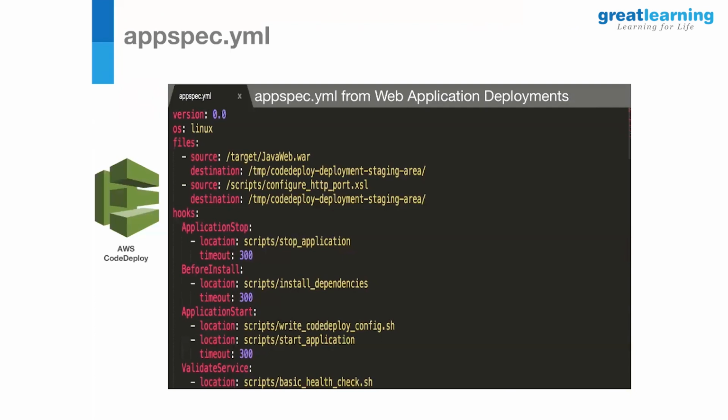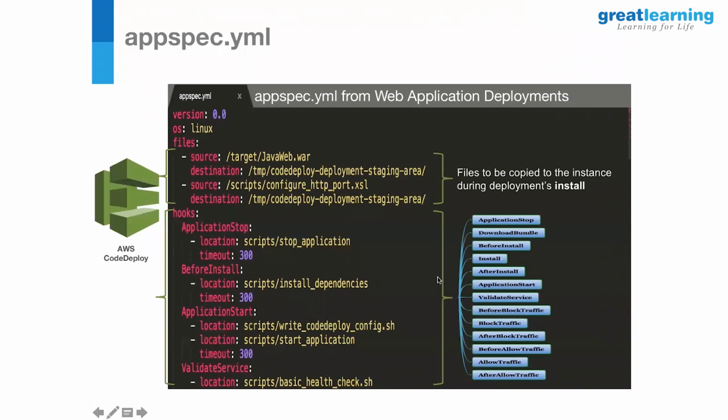Since this file is more to do with application level instructions and actions to be done, information like OS, file source, and destination for each of the artifacts deployed will be mentioned in this file. Now you see the EC2 instances which I'm using for the deployment is Linux instance. So that's why OS I've mentioned. So you can use different hooks at application level, either before install, after install, all that. And these scripts may or may not be applicable to your application and differ based on your requirement. Hence, configure these actions that will suit your needs.